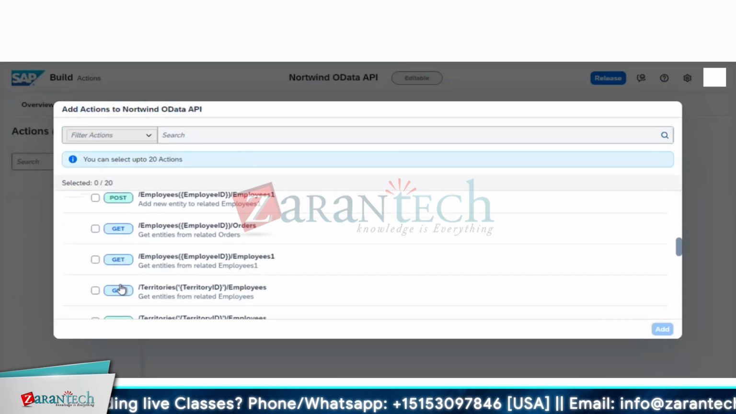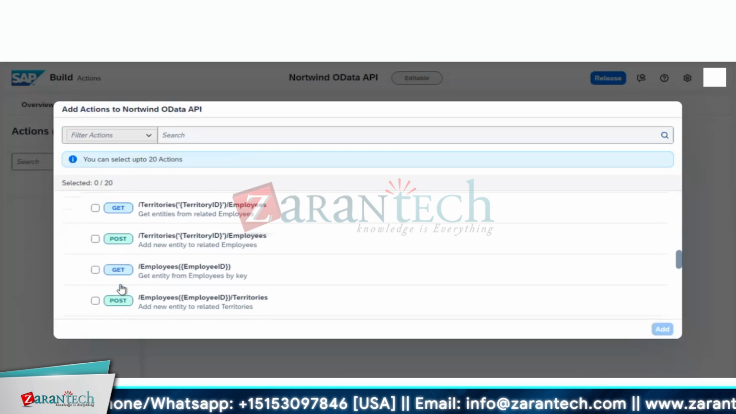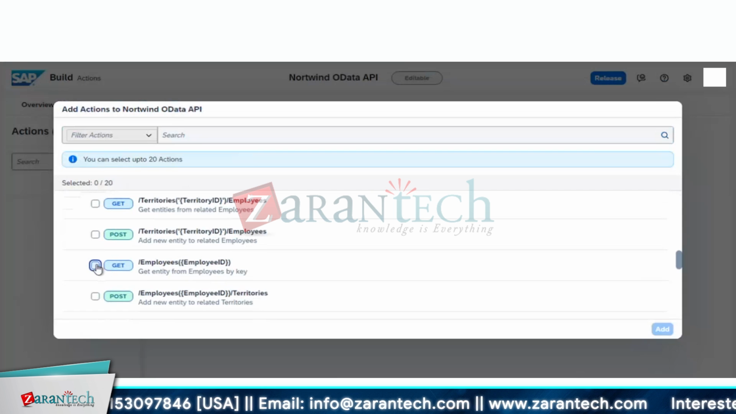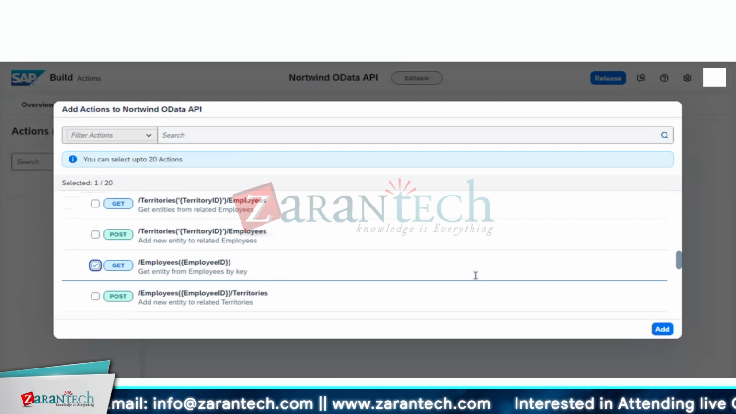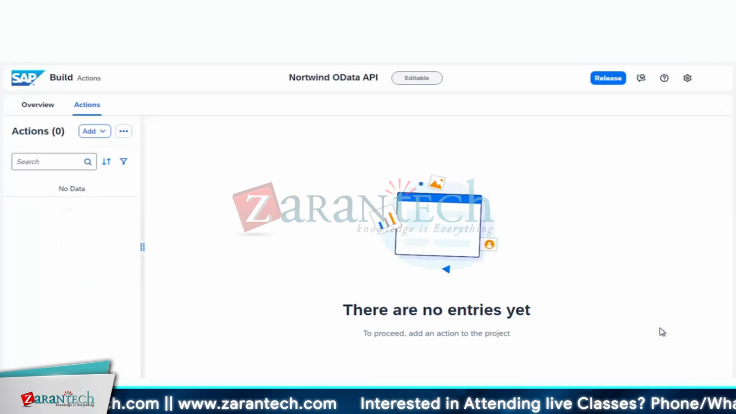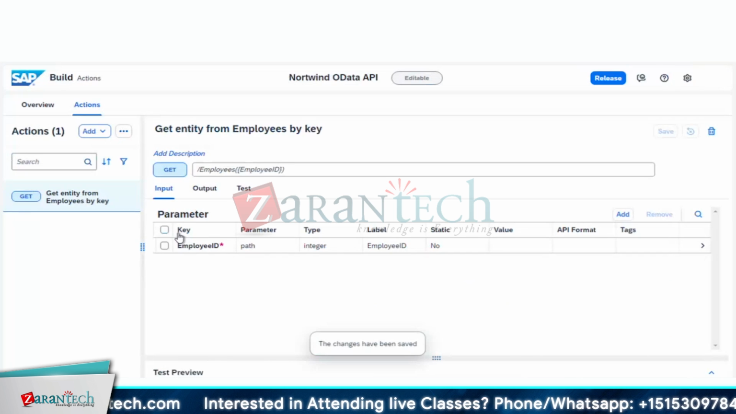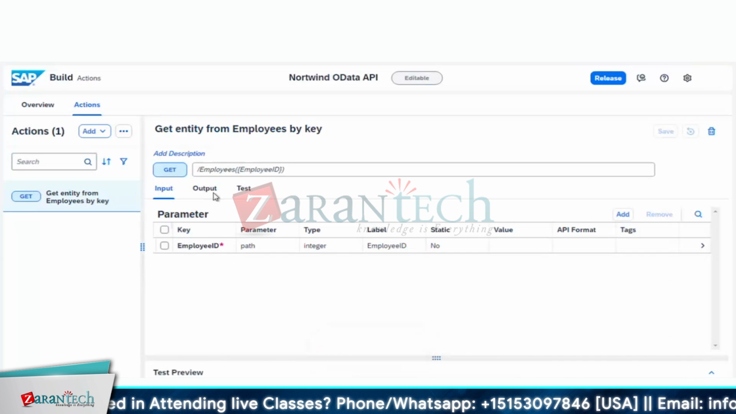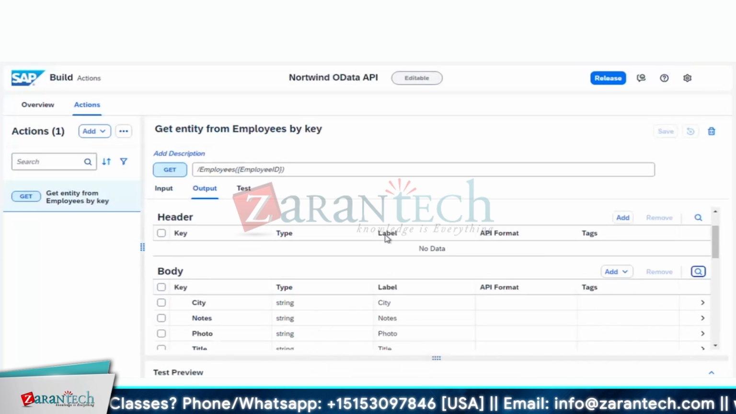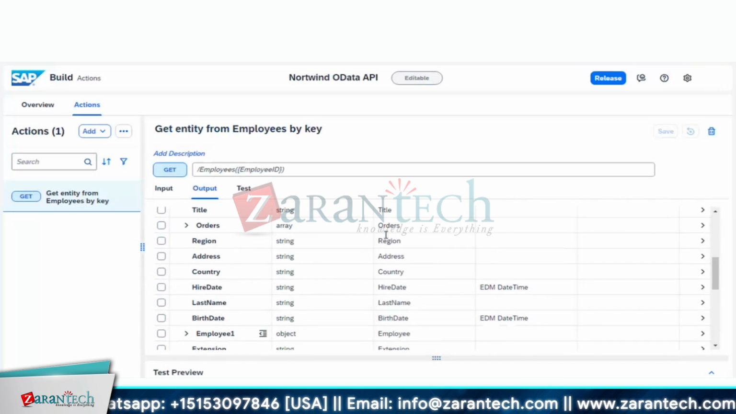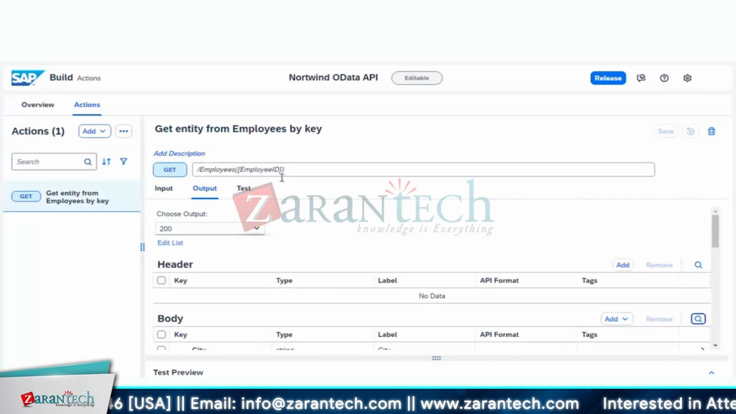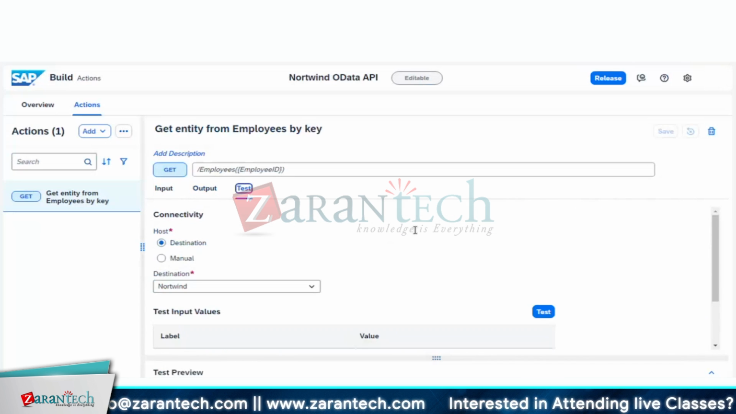For this, I'm going to choose an employee ID. Yes, get entity from employees by key. Okay, this is an employee ID and the output. If you see in the output, simply we have to get